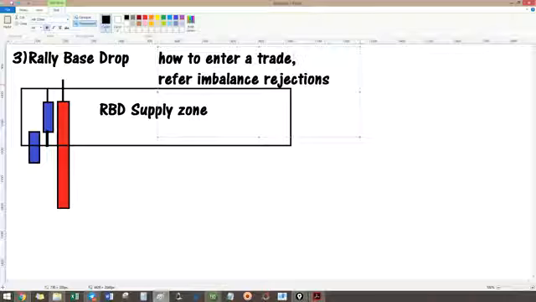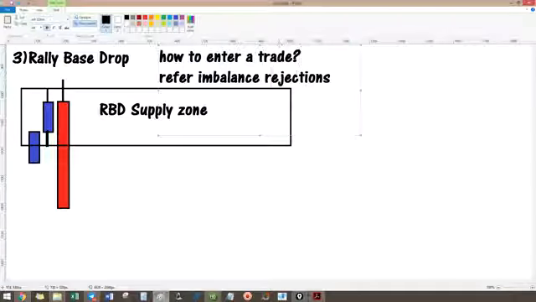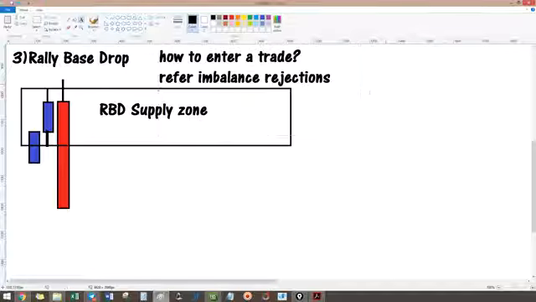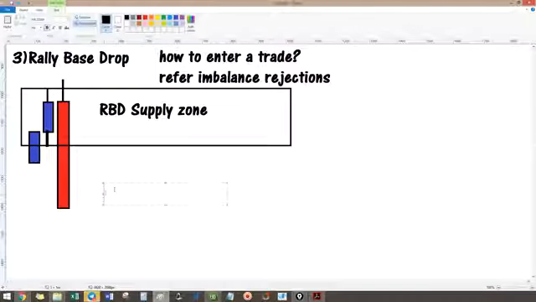It's really that simple. You do not need to complicate stuff. Okay, so you just use this one, see a rejection, you can just enter a trade. So you just need to wait. You cannot confirm the price will go up here. You can only know price will come here, and if you see a rejection, you can enter the trade. Okay, just like that. Okay, so for rally base drop, you need to have bull,